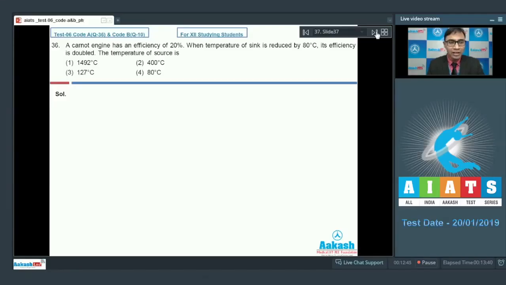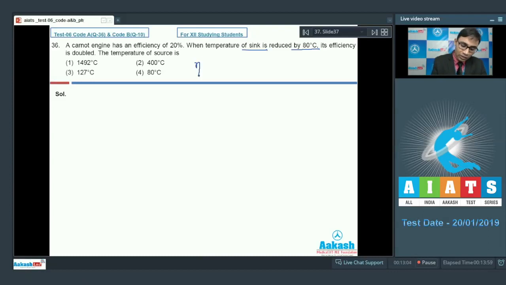A Carnot engine has an efficiency of 20%. The temperature of the sink is reduced by 80 degrees centigrade. Its efficiency is doubled. The temperature of the source is? So we know that if the temperature of the source is T1 and the temperature of the sink is